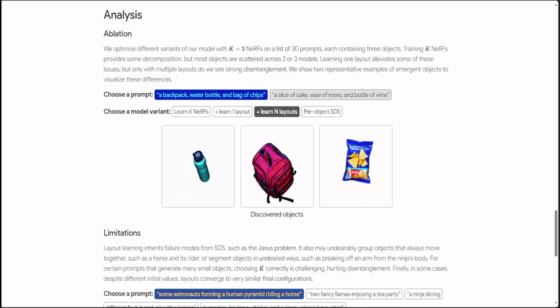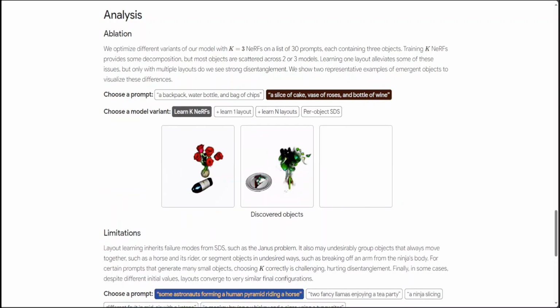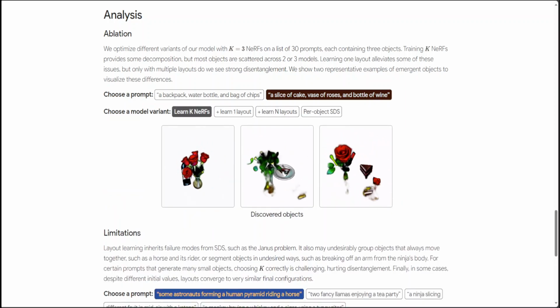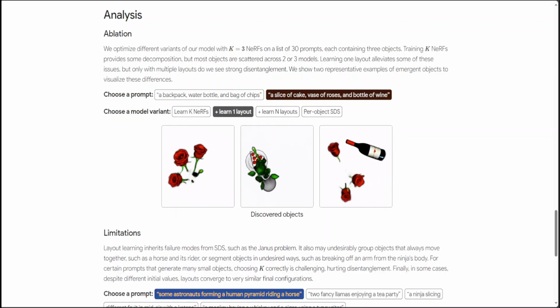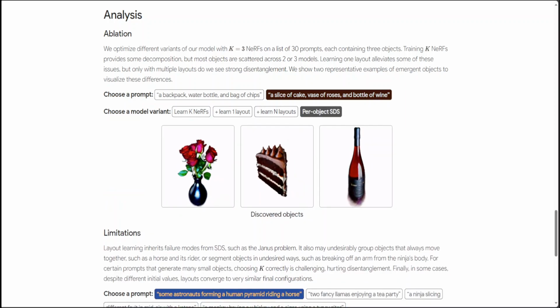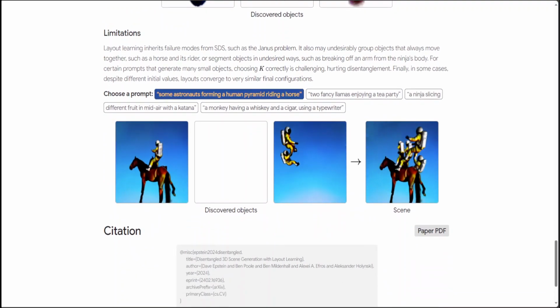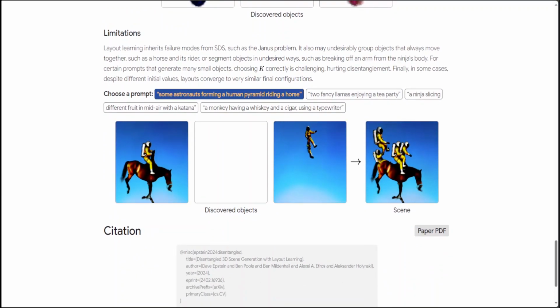And then similarly, we have a slice of cake, and then there are different model variants like learn NeRF, it produces this, and then plus learn one layout is this, and layout is this, and then per object SDS is this. How cool is that? So these are all discovered objects. And then there are a few limitations too, which it is discussing here. For example, there's